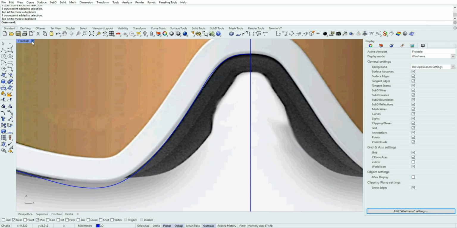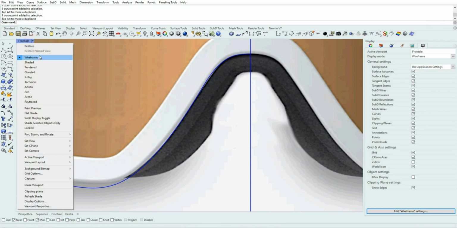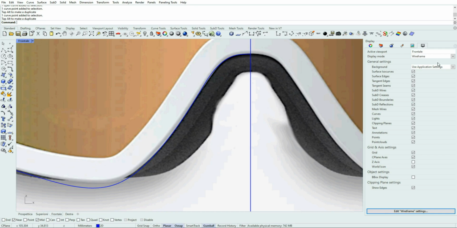On the right in the dock, now I'm checking. I'm using a wireframe visualization. Okay, view, and here you see the display tab allows us to show all kinds of entities.